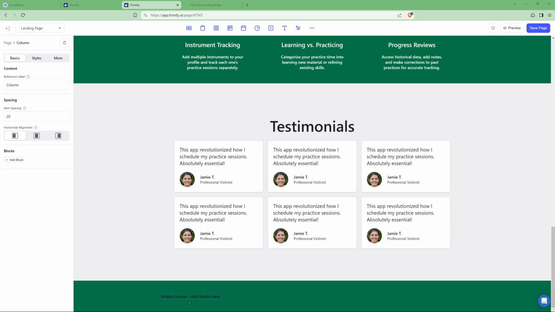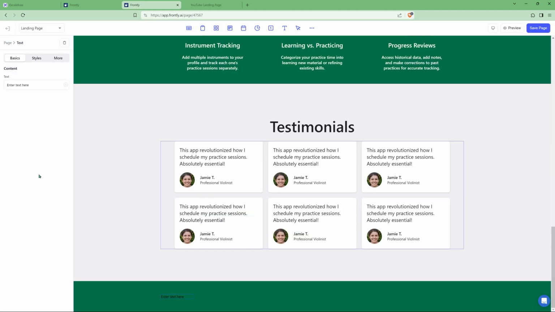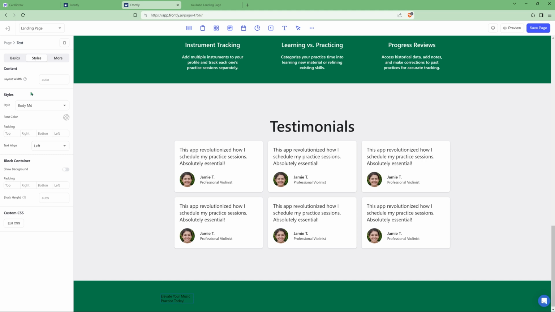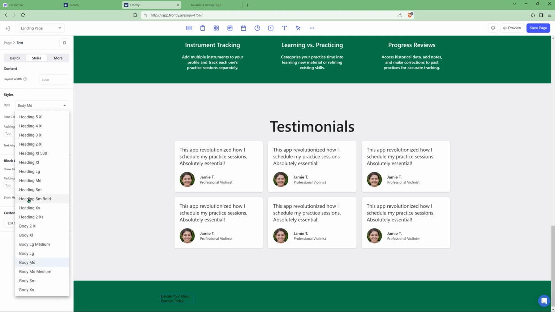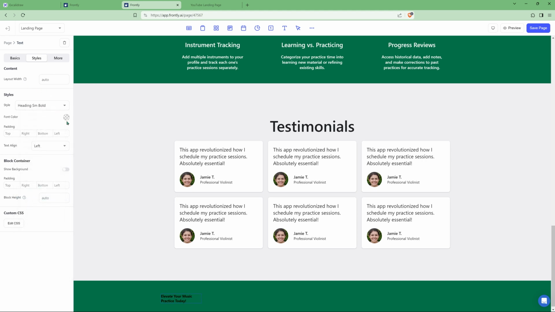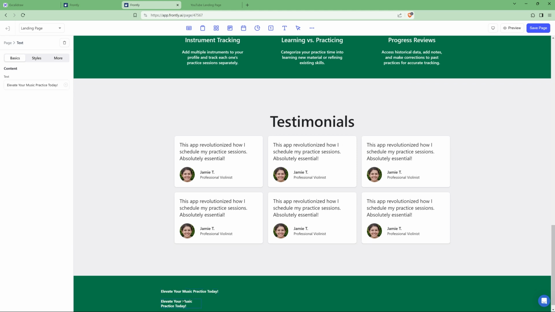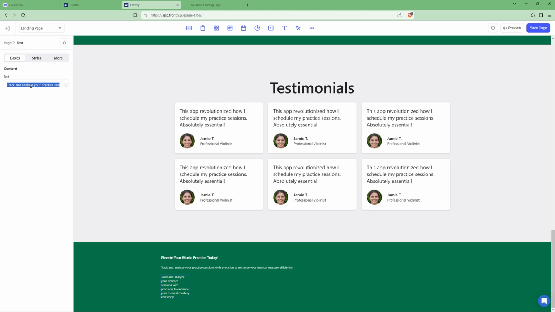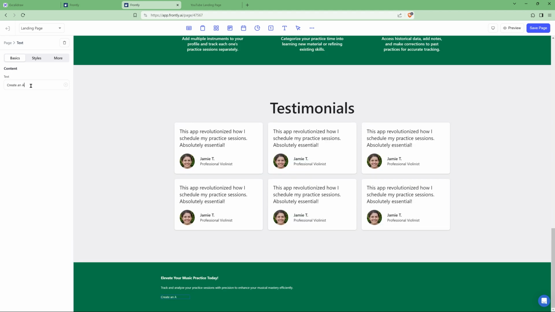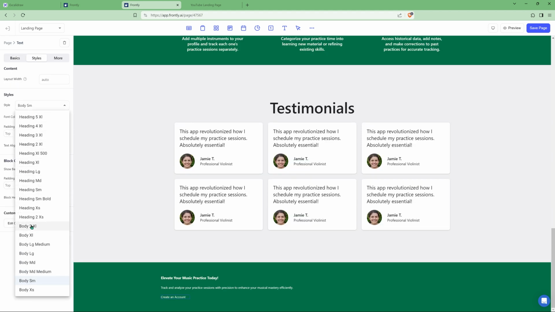And in this column, I wanna have some text and then a call to action. So let's start by adding a text element. I'm gonna add some text, make it the heading small bold, for example, and change the color to our off-white. And then I'm gonna just duplicate this text, change it a bit, and make it smaller. And I'm gonna duplicate it once again, change it to create an account, switch the size to, let's say, heading small bold,